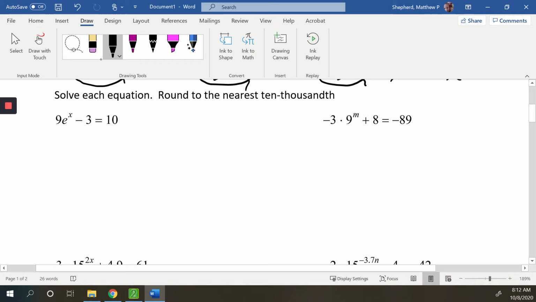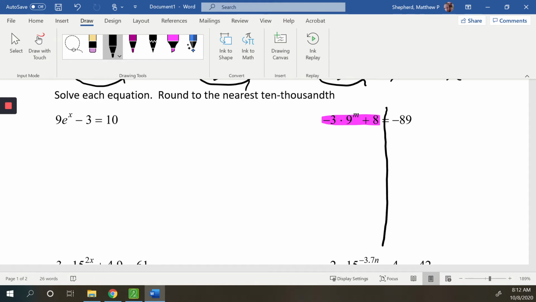So let's go ahead and actually, we'll start over here. This one involves a base of e, and I want to talk a bit about that, but let's start with something more simple, with just a normal number. Now, first thing I'm going to do as I'm looking at this, I want to identify where my variable is. So it's over here on the left-hand side, so I know I'm eliminating the numbers that are over on the left. More specifically, it is inside,